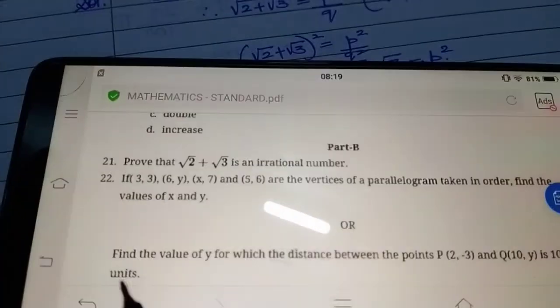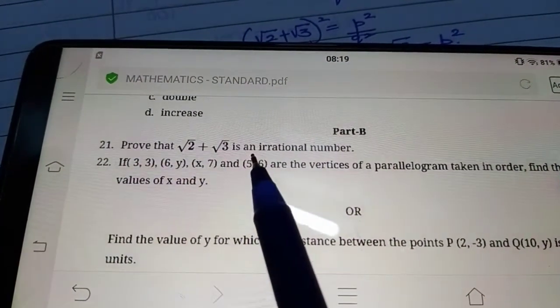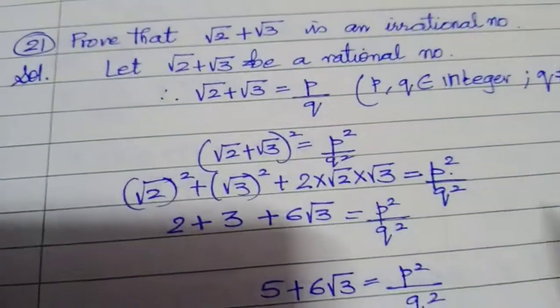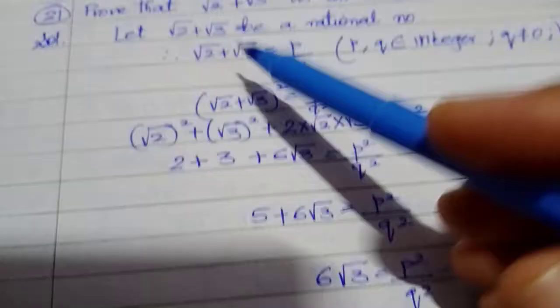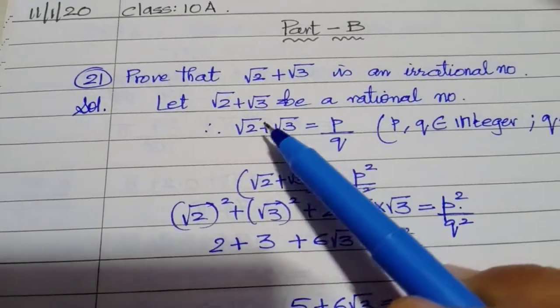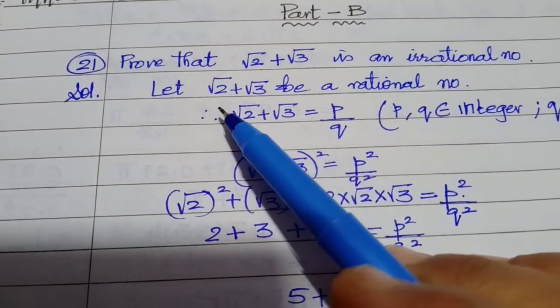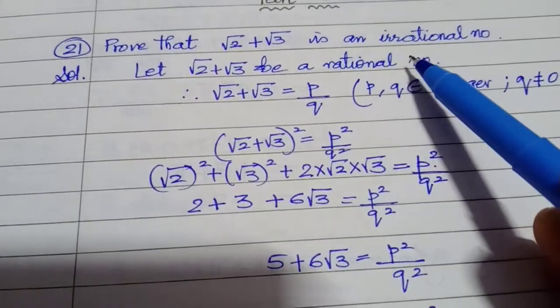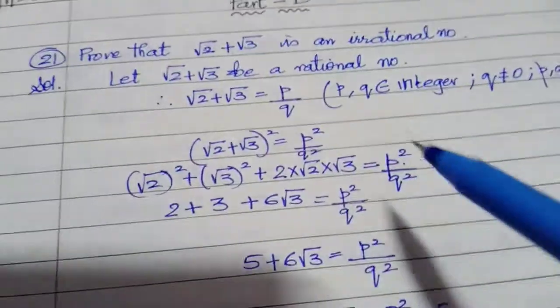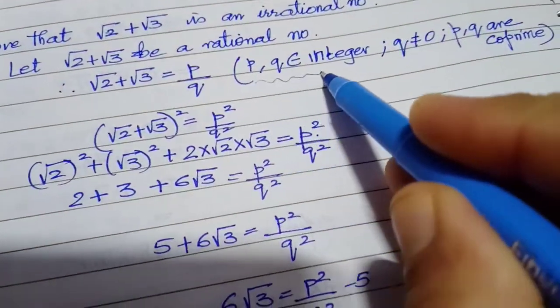Prove that root 2 plus root 3 is an irrational number. So we know how to do this. Always take it in a contradictory way. Let root 2 plus root 3 be a rational number. Let us suppose this. So when we are supposing it as a rational number, this particular part is very important